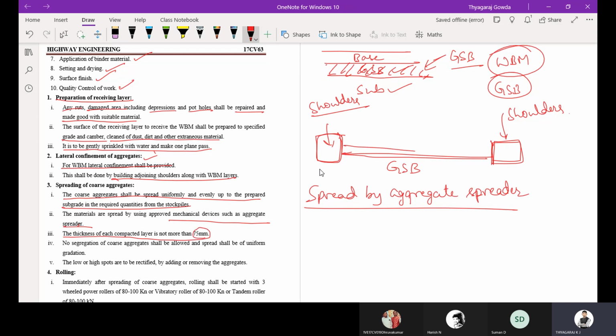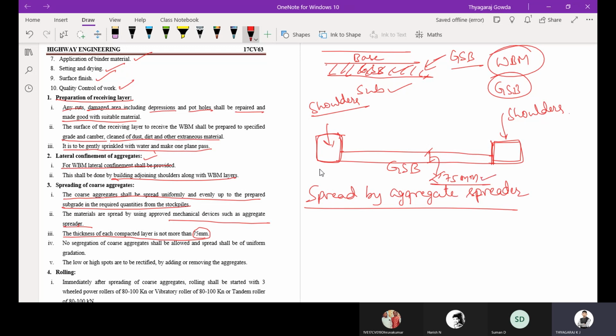Whatever the compacted thickness you are going to obtain, it should not be greater than 75 mm. Always it should be equal to 75 mm or less than 75 mm. The thickness should be less than or equal to 75 mm, but the layer thickness should not be